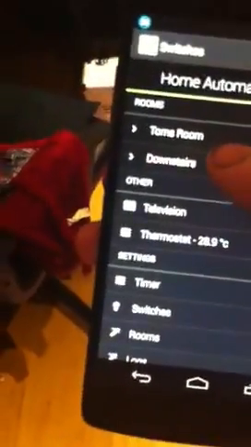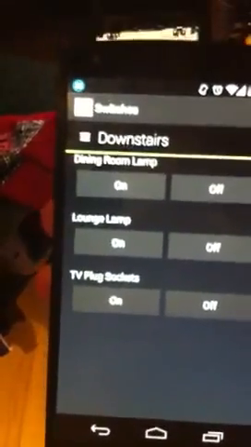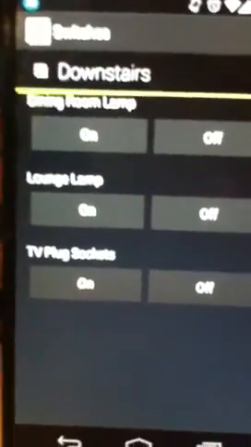The actual app itself, it's all pulling from a MySQL database, so the interface, everything in it changes depending on the actual content of that database. Downstairs I've got my dining room lamp, lounge lamp and TV plug sockets,